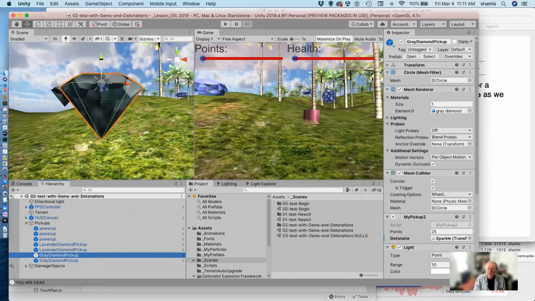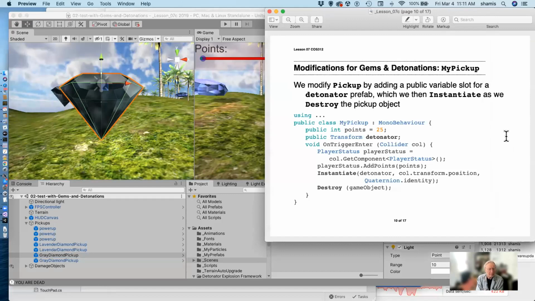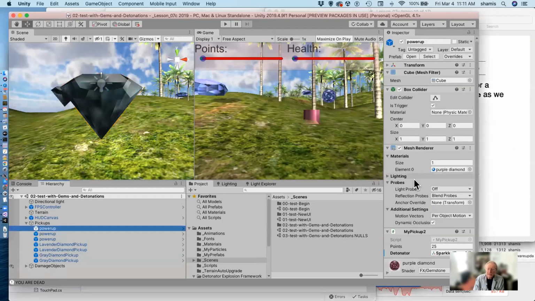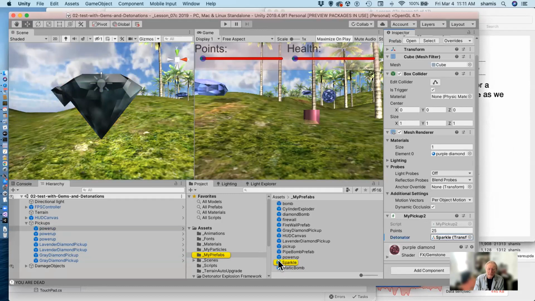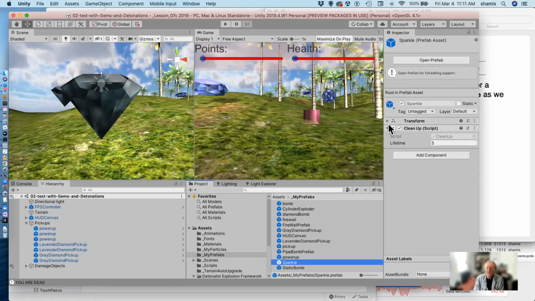So we've changed their appearance, but in the pickup script that goes with these, we've added a public variable for the detonator. And this could either be a GameObject, a capital GAME object, or a transform. Either one works. And into this, I put what it is I want to have occur when this thing is triggered. And I've picked this little sparkle effect here. The sparkle effect